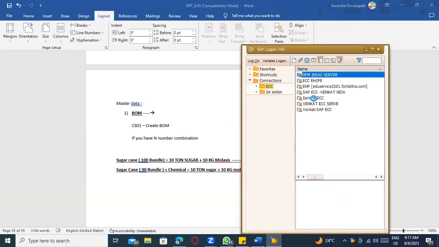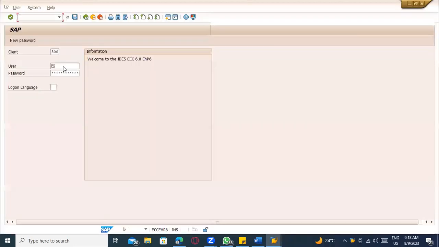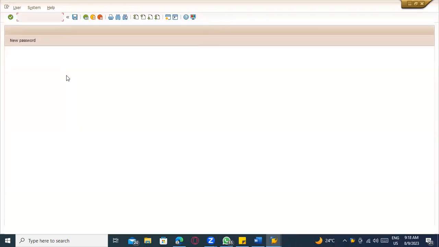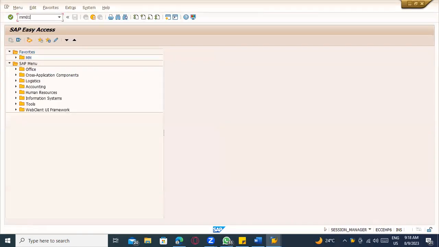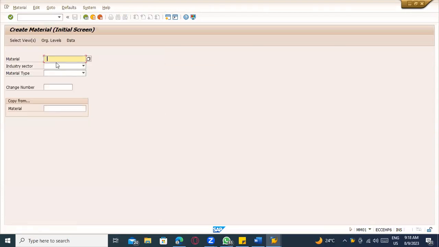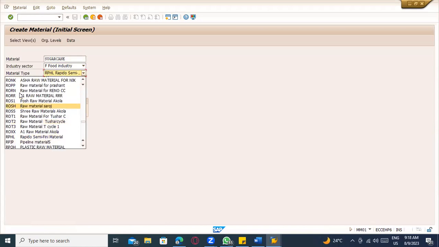Okay, I'm just going again. I'll be creating one more time, since it is not created. Sugarcane, food industry, and ROH. ROH is the raw material which is used for the